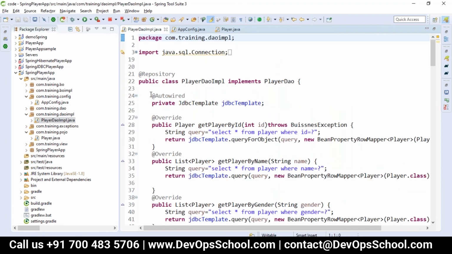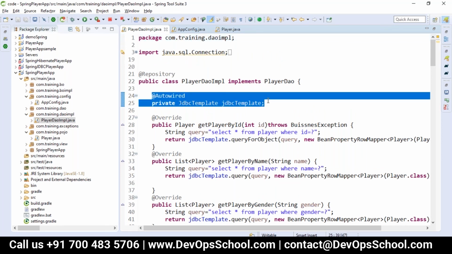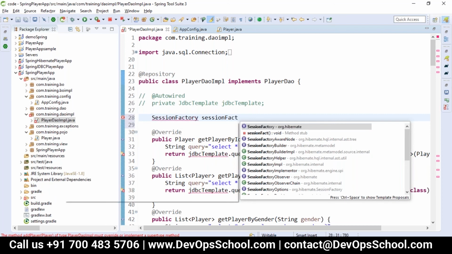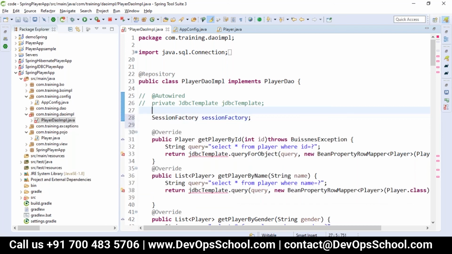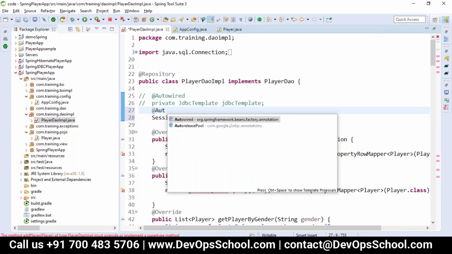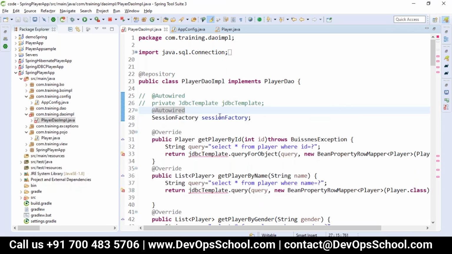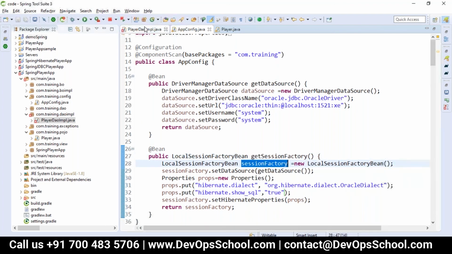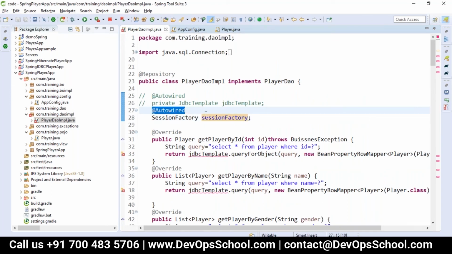Now I'm not going with any of these things with respect to our code. What we do is, we require the session factory from Hibernate. This is autowiring. Whenever you do autowiring, the name should be the same. So the session factory here is the same object which I'm returning, and the method name is also the same, get session factory, because we are autowiring by name here. So autowire session factory.